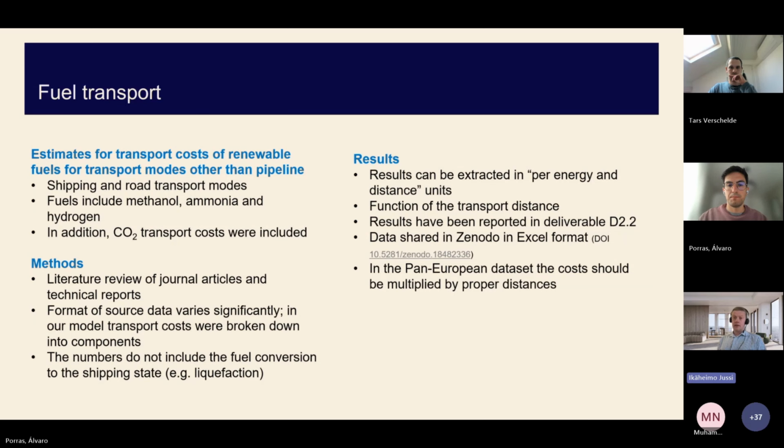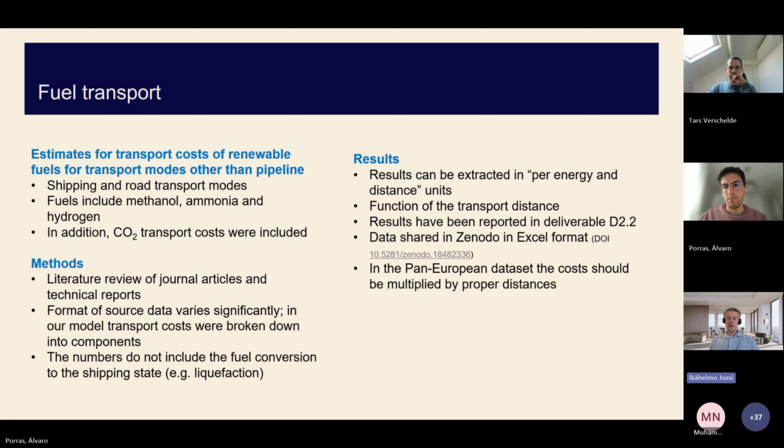The results are available in units of per energy and per distance. And this is a function of the transport distance, of course, but it's not a fully linear function.